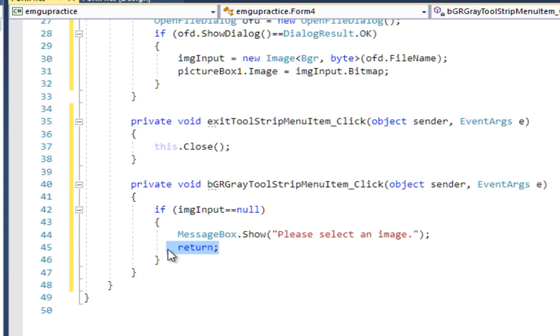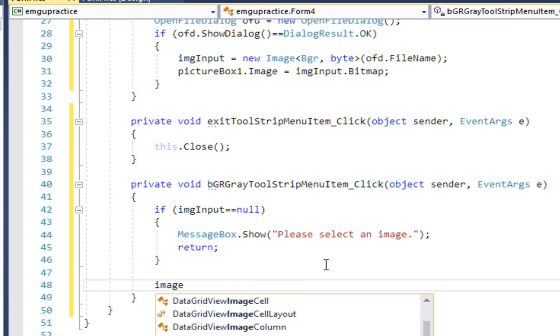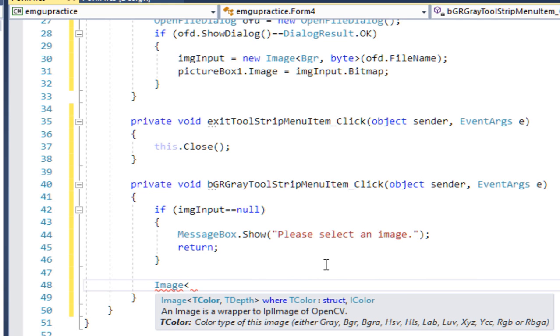That's why I displayed a message and return. So no further code will be executed, rather this will be returning back from this event. So if it is not null, then we can convert it into a grayscale image. The first thing I want is to create a variable